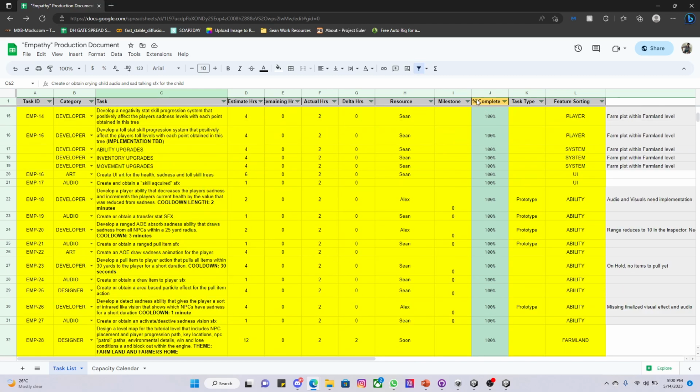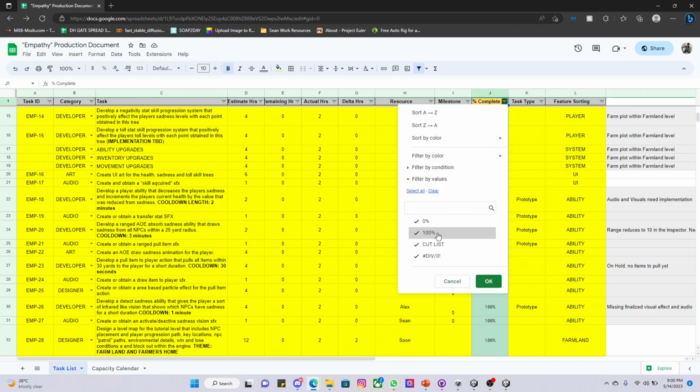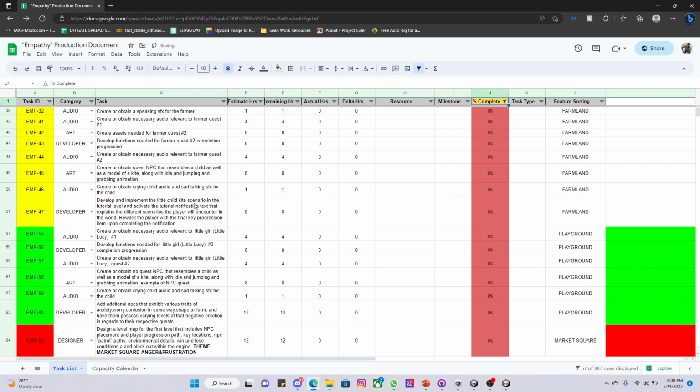What I'm actually going to do is filter it by 0% complete, so what has not yet been completed. So we're going to go through this. Number one, create or obtain speaking effects for the farmer. We're not planning on really doing voiceovers; we have the NPCs